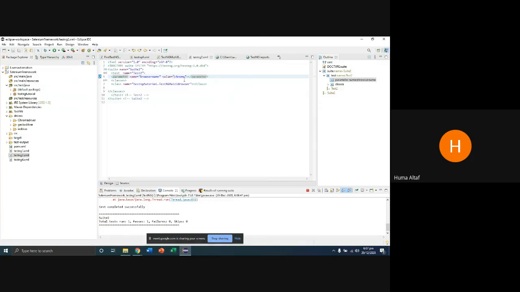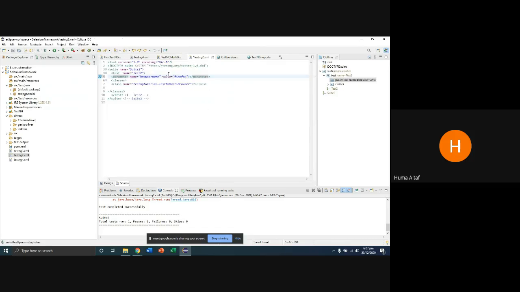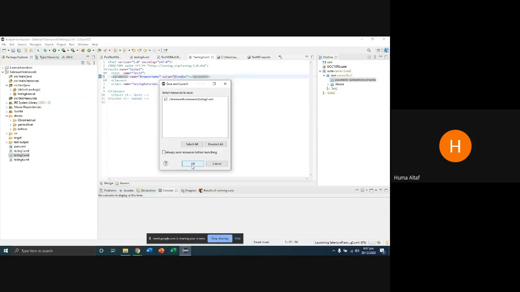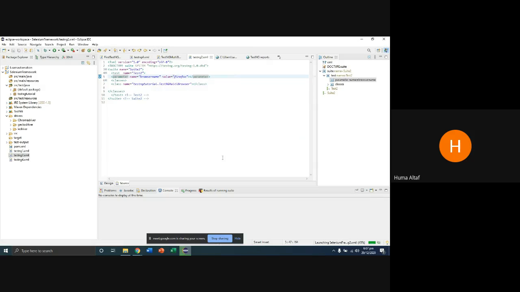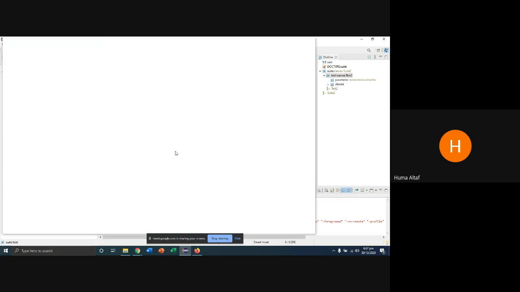And lastly, if I write over here Firefox, let me check if it's the same. Alright, and if I run it as TestNG suite, it will show me the browser tab in Firefox showing google.com. I can do it by putting multiple tests by just copying it